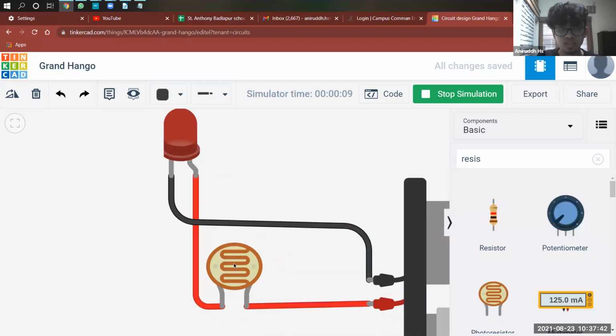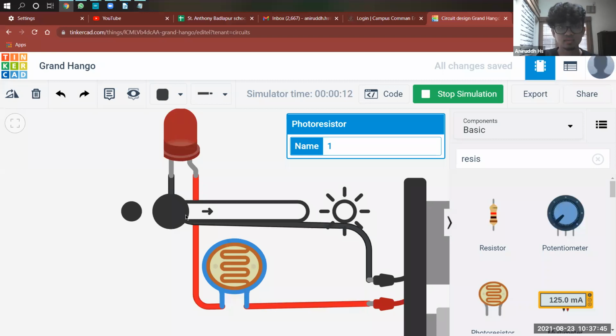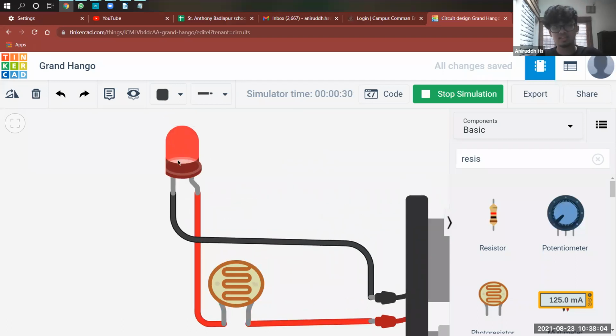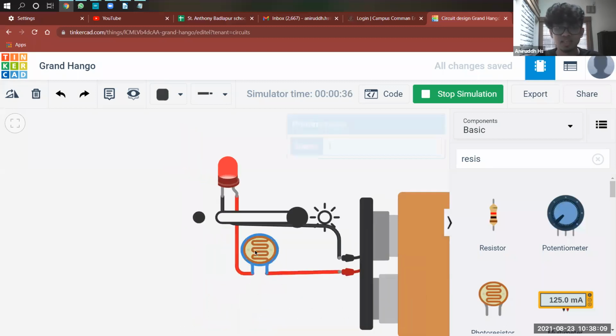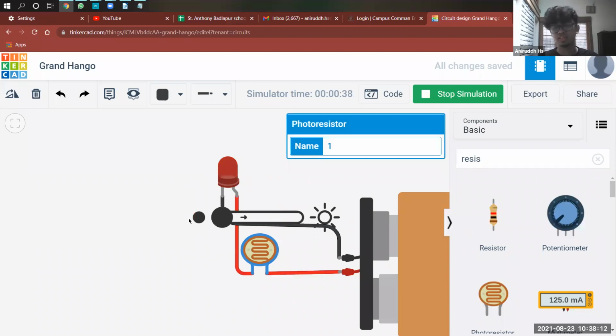So I'll click on this photoresistor, and this slider is there, right? With this slider, I can control how much light falls on the LDR. So I'll slowly increase the slider now. I'm increasing the slider. Do you see the LED? So as I increase, yeah, you saw it, right? As I increased the slider, the brightness of the LED also increased. So this basically means how much light is falling on it. It need not exactly be sunlight. It can be tube light also. It can be your phone's flashlight also. It depends on how much light you're giving.